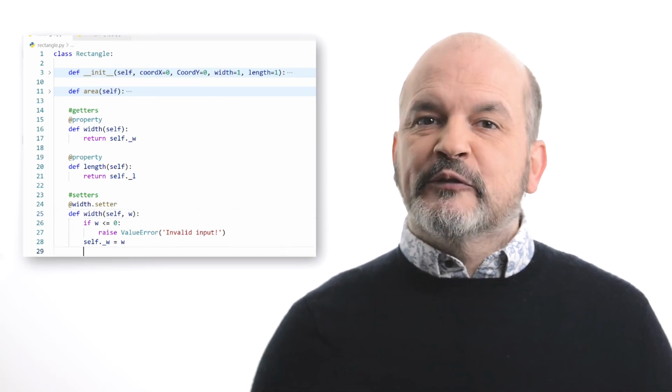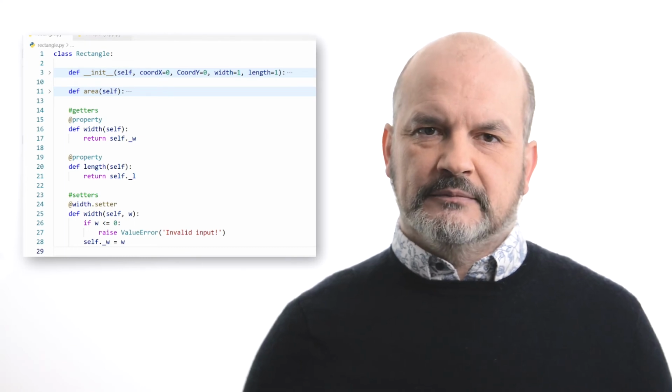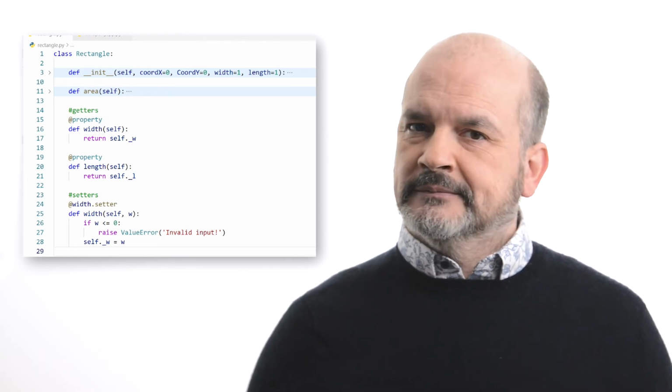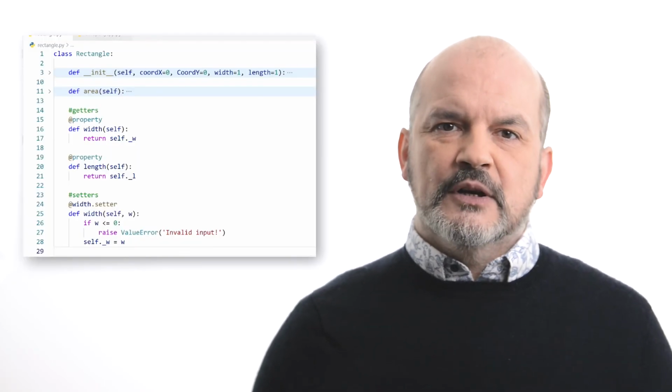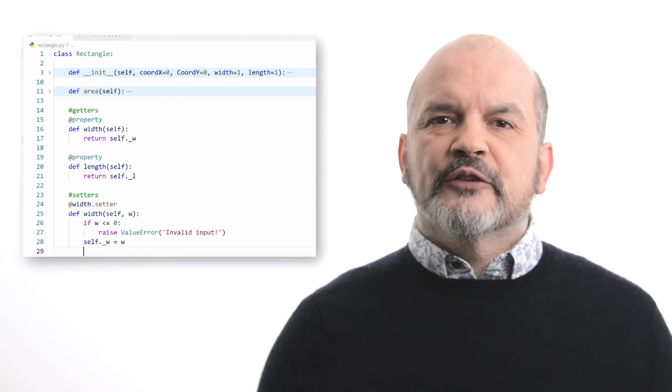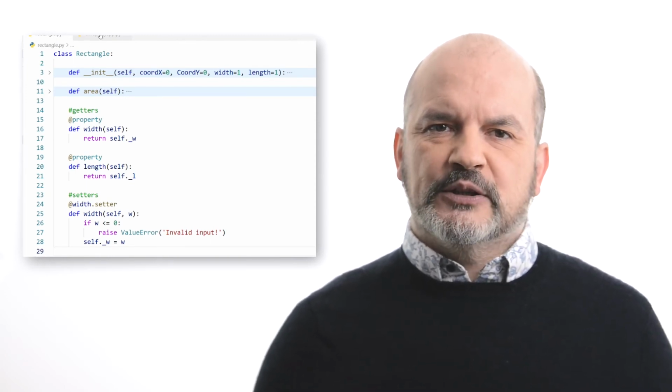Strangely, the name of the method is exactly the same as the name of the getter. I can hear you say, you are not allowed to do that. We cannot have two functions or methods with the same name. Without going into too much detail, the decorator kind of hides the fact that the names are the same. The list of parameters and the body of the method are the same as the setWidth method we declared before.